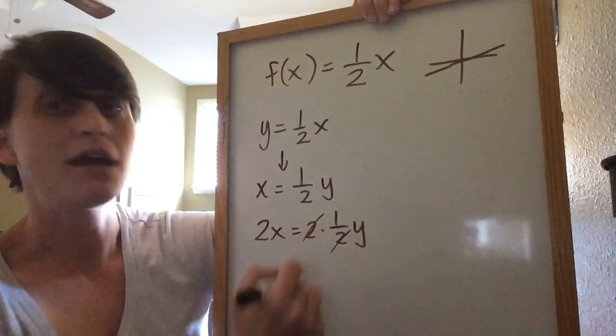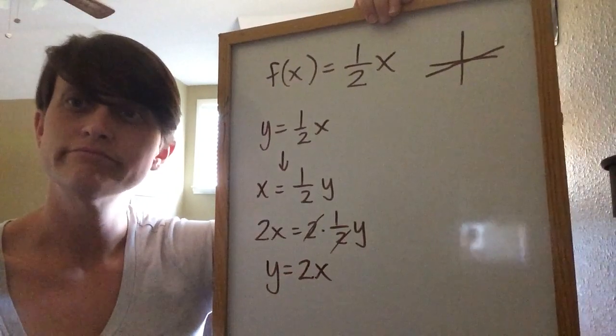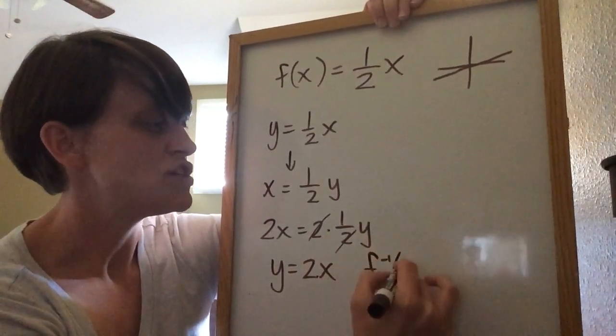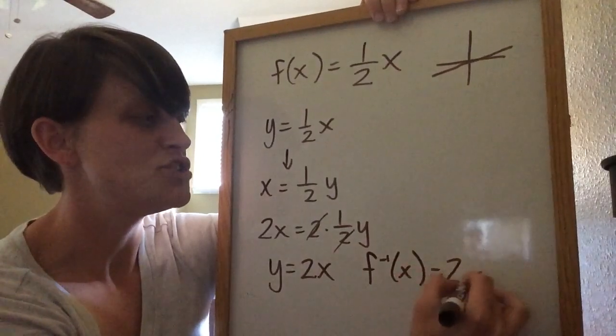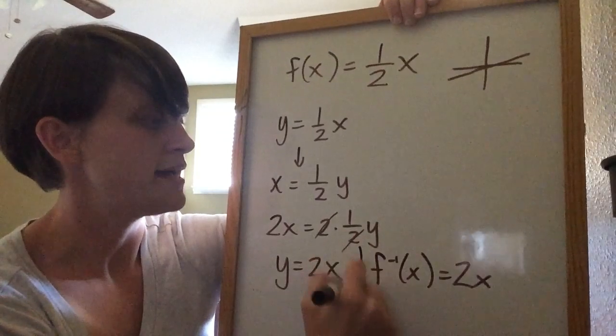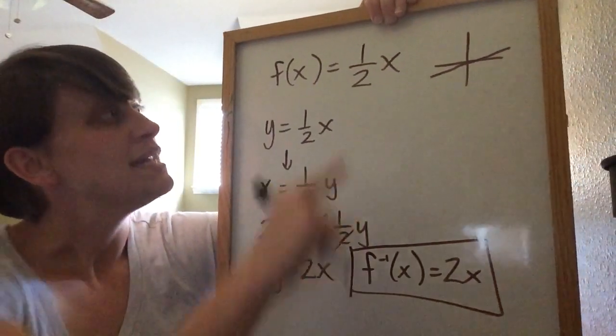And so these are gone. They make a 1. And we just have y equals 2x. And very last, we just bring back that function notation so that we don't just have some general y that could be anything. We have f inverse of x equals 2x. And that's our inverse function. So once again,